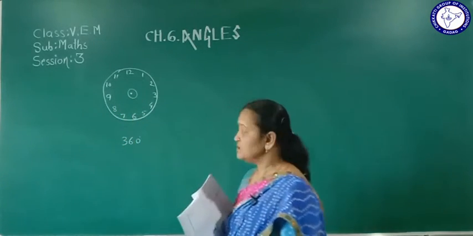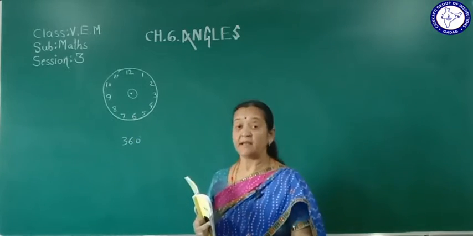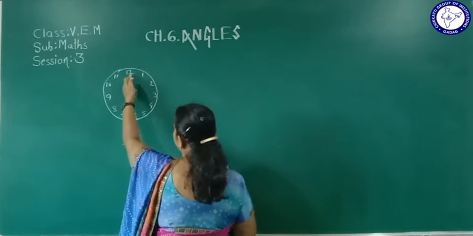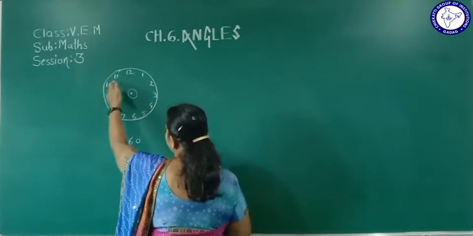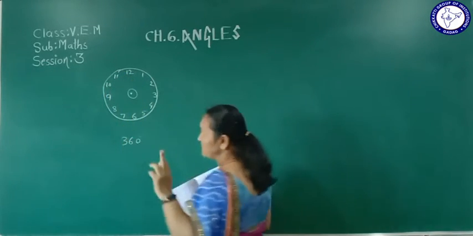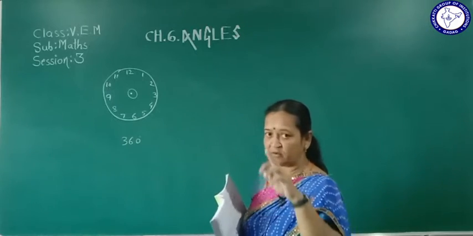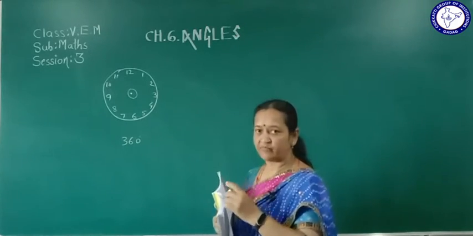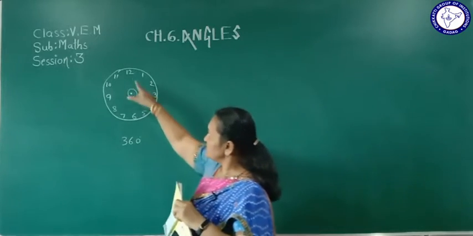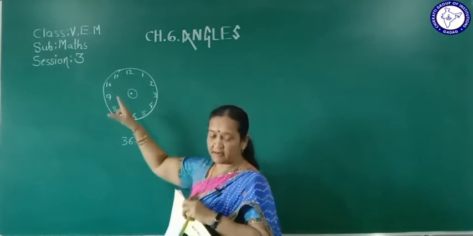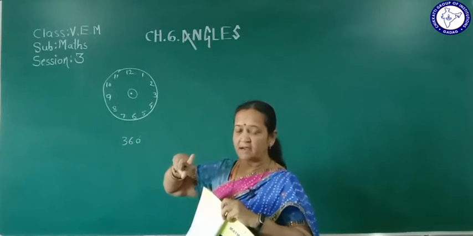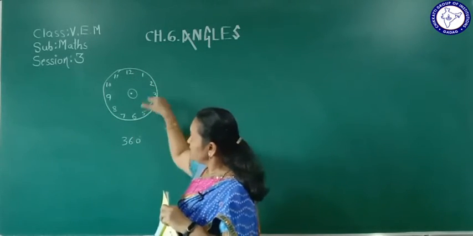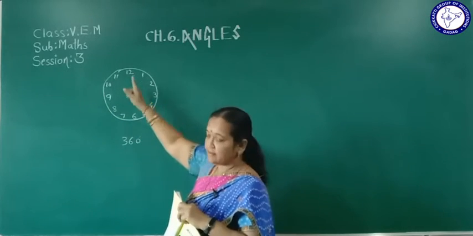360 degrees. So when our minute hand starts from 12 and comes again after a full rotation, it completes one full rotation. So it covers the full 360 degrees. The minute hand covers the full 360 degrees. When the minute hand rotates fully from 12 and comes again to 12, then our